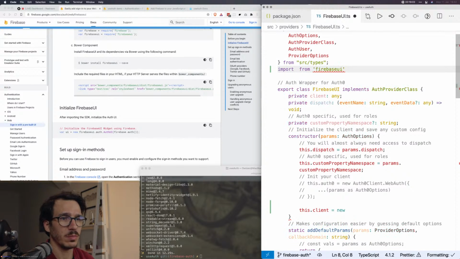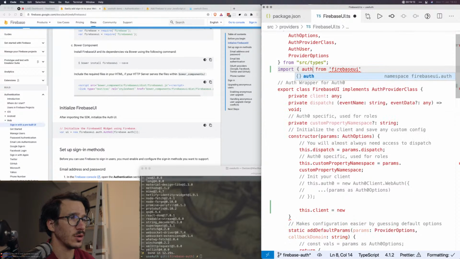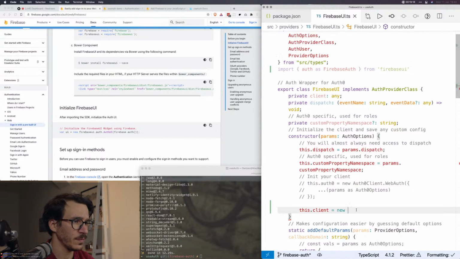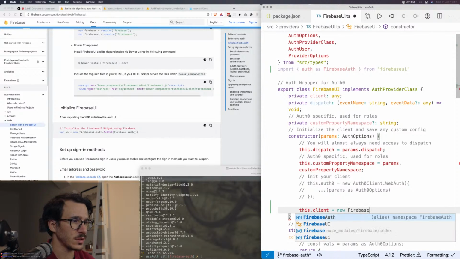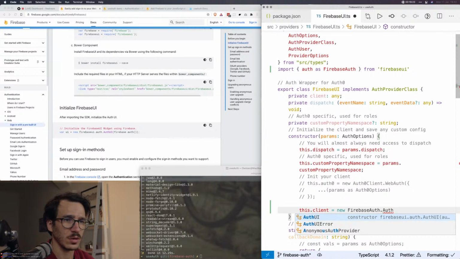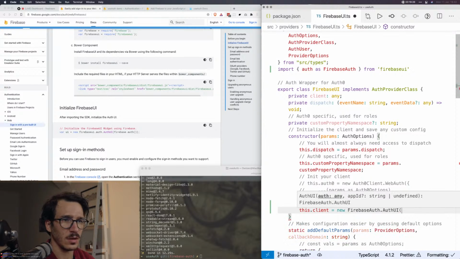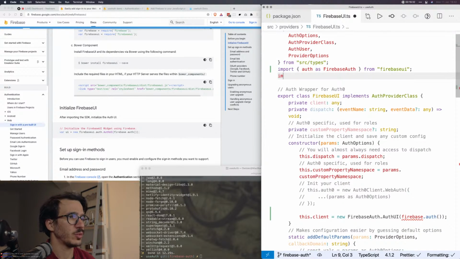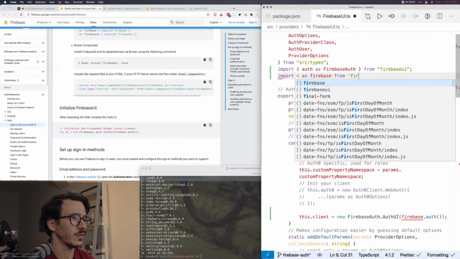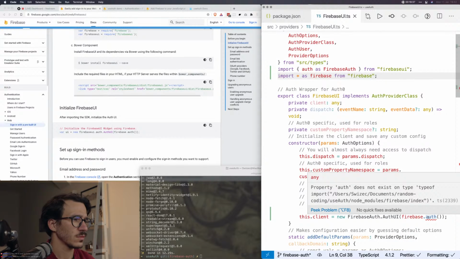We're going to import. Wait, what does Firebase UI actually export? Instead of asterisk as Firebase UI, let's import auth as Firebase Auth from Firebase UI. So we say new Firebase auth.auth UI, and then Firebase.auth. That's weird. Import asterisk as Firebase from Firebase. Property auth does not exist on